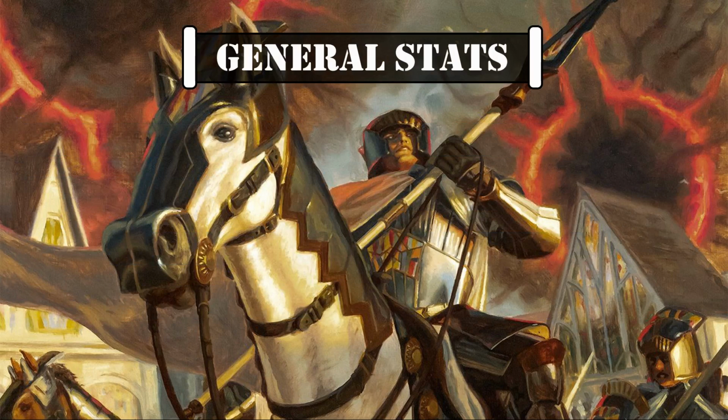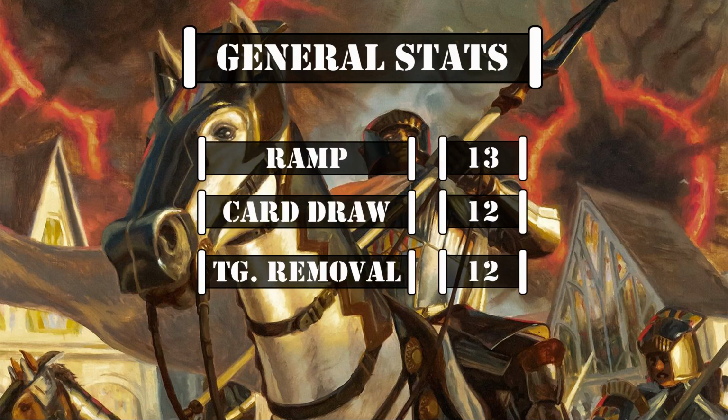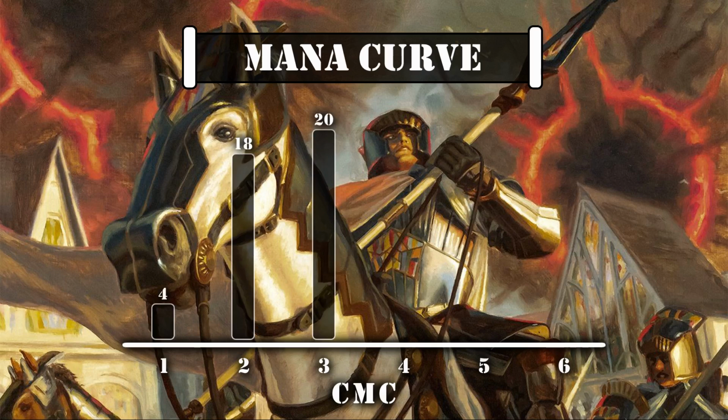For general deck stats, we have 13 ramp sources, 12 card draw sources, 12 targeted removal sources, and 2 board wipes, giving us a pretty by-the-numbers ratio of core stats with no real outliers. Looking at our mana curve, we have 4 1-drops, 18 2-drops, 20 3-drops, 10 4-drops, 8 5-drops, and 4 6-drops, providing us with a mid-weight curve that aims to ramp into cheap knights in our commander to get our loot